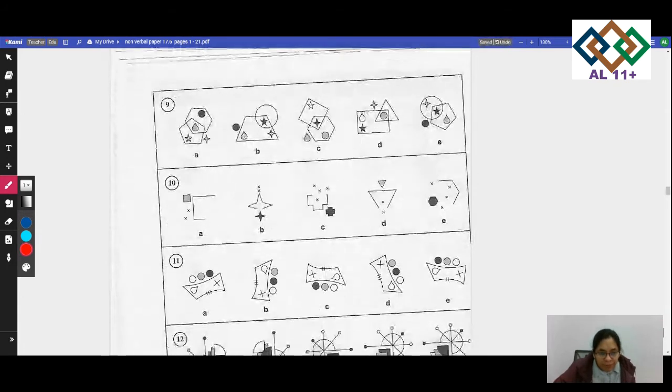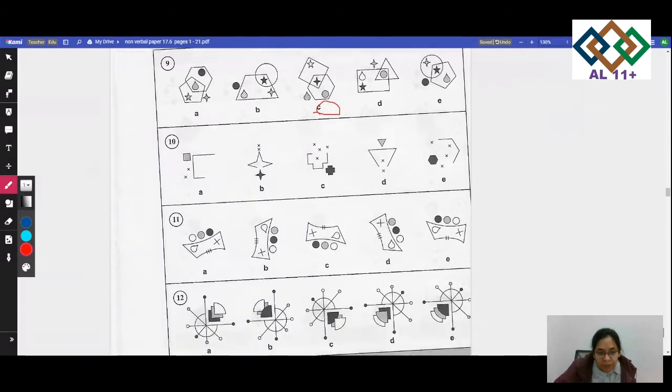Number 9 now. In number 9, they are telling you that in all the shapes, the shading of the small shape is overlapping. If you look at the shading, it's overlapping each other. And after overlapping the two large shapes, it's the same as the shading of the small shape that's outside both of the large shapes. So that's why the answer for this one is C.